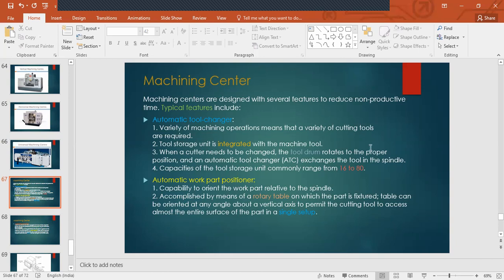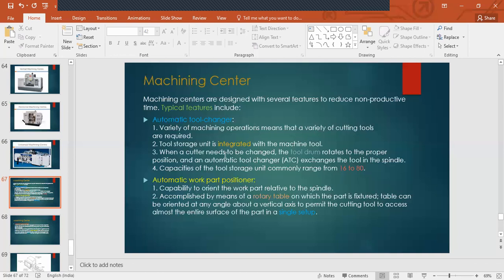So that tool drum will rotate. I have shown you the mechanism, right? That 180-degree movement of the tool gripper, right? So that's what changes the tool. You take the tool currently in the spindle and rotate it 180 degrees. On the other end of the gripper, you have a new tool that you want to place. So the 180-degree movement changes the tool, and then you fix it, right? Once that is in place, you fix it like that.